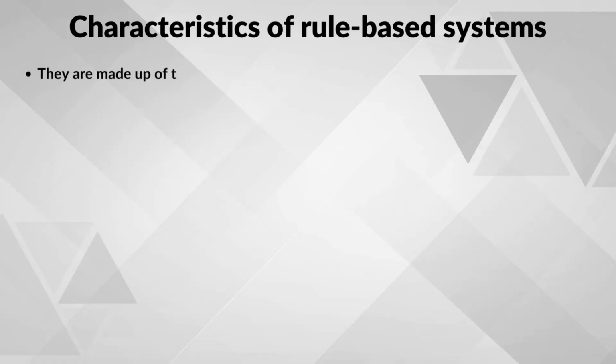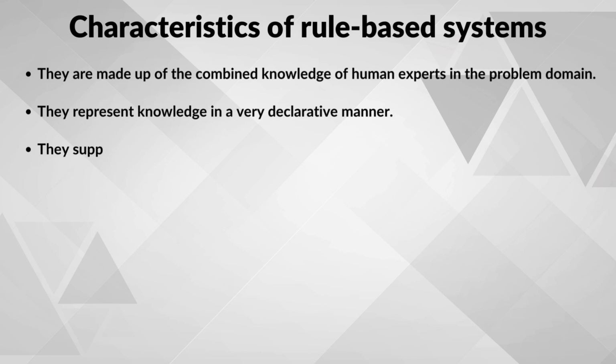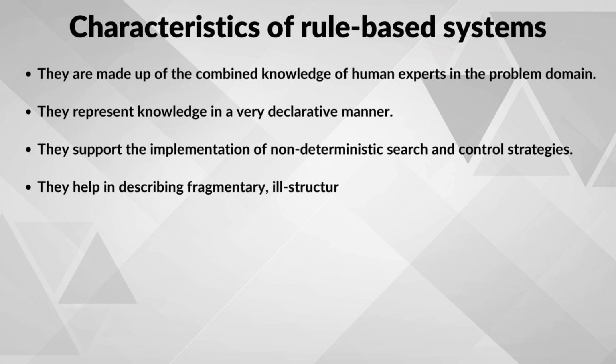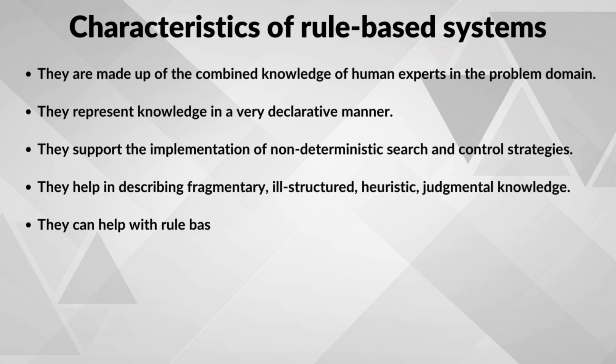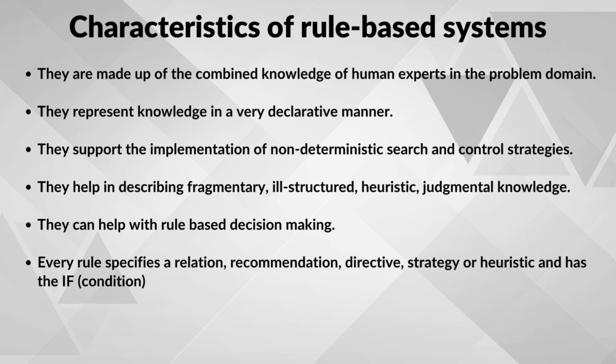Another topic that needs to be discussed for the rule based system is the characteristics of rule based systems. These characteristics collectively make rule based systems a powerful tool for automating decision making processes and capturing human expertise in various domains. One of the characteristics of the rule based system is expert knowledge. Rule based systems encapsulate the collective expertise of human specialists within a specific problem domain. The rules are derived from experience and insights of these experts, allowing the system to make informed decisions.